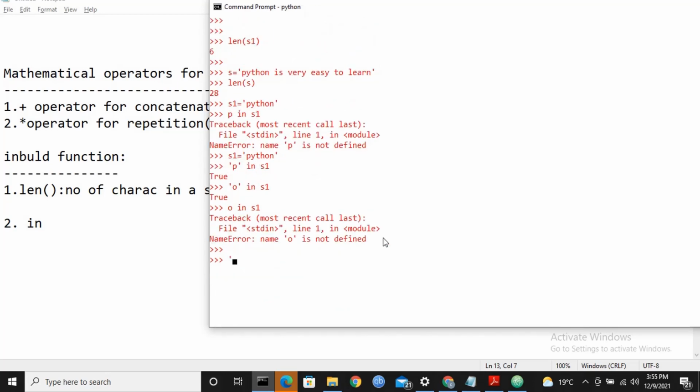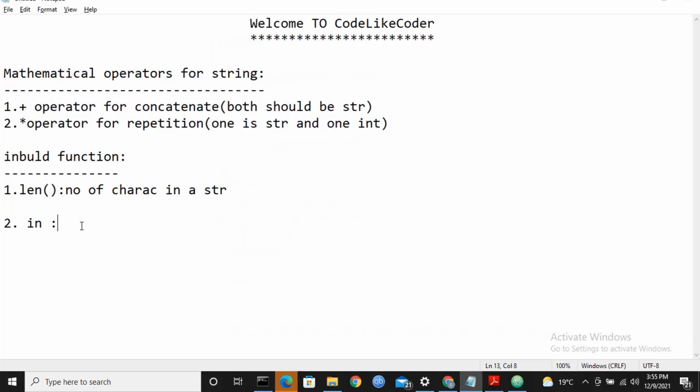So compulsorily we need to use string type with s1. Suppose I am using 'z', which is not present in s1. Now in this case it will show False. If the character is present, then it will show True. If the character is not present, then it will show False.